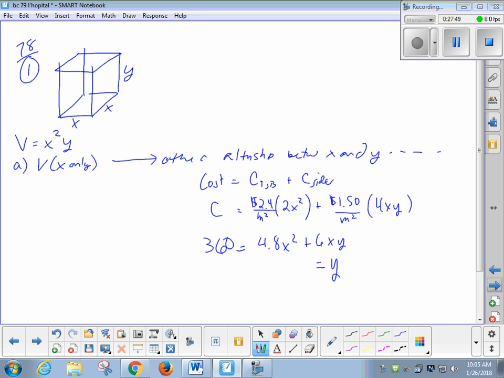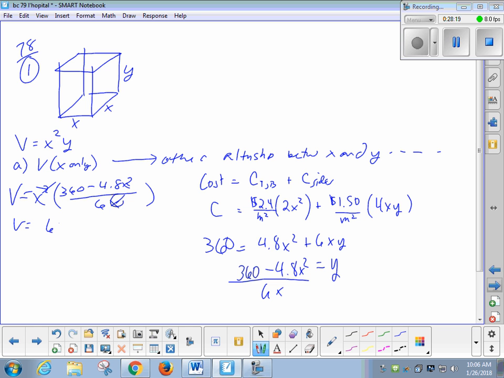Solve it for y. We want to end up in x terms only, so let's dump y by replacing it with what it's equal to, and it's equal to 360 minus 4.8x squared over 6x. You could simplify there, but I waited until I put that in to simplify. Whatever, it doesn't really matter. But I took out an x and distributed before I did my calculus. So I had something like 60x minus 4/5 x cubed for a volume equation, which makes sense, since cubic is right for volume